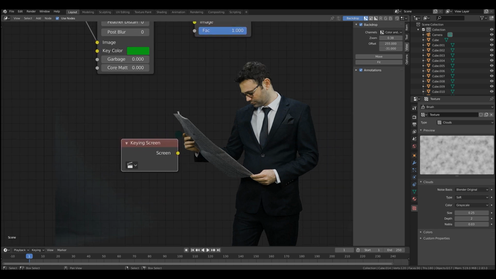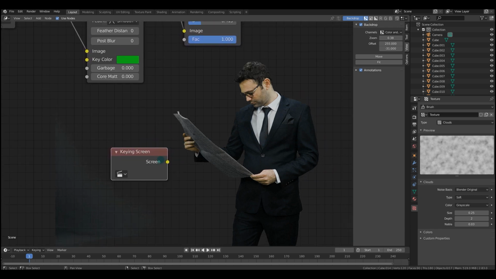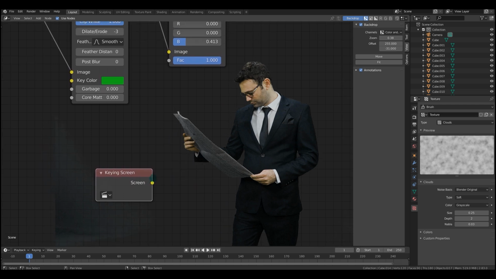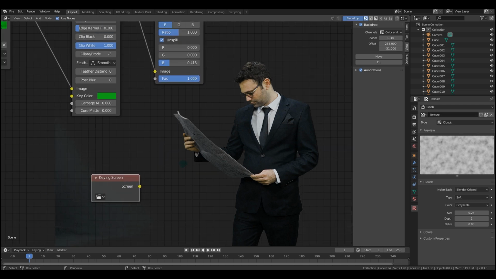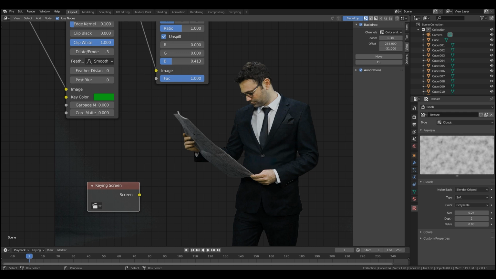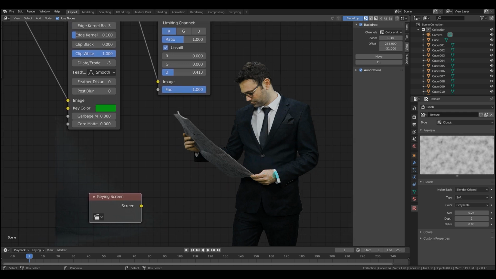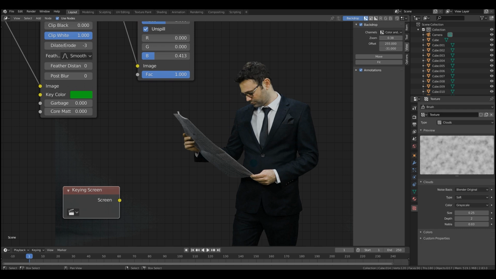The keying screen node is very useful for footage. Essentially, it allows you to use tracking markers to specify color gradients that will be used as colors to key out. It creates something called a plate. It's very useful for removal of green screens despite maybe uneven lighting. Maybe there's some off-color markers.